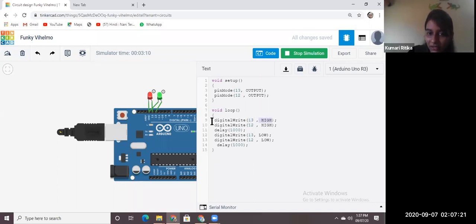High means on. So this code will turn on the red LED. This code will turn on the green LED, and this delay code gives a pause. This is on for 1 second, that is 1000 milliseconds, and then digital write 13 low is turning off the red LED, then the green LED is turned off, and then there's a pause of 1 second, and again this process continues.